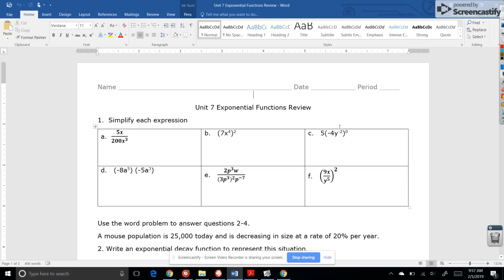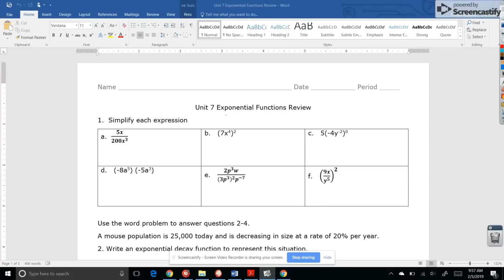Hi everybody, this is the Unit 7 Exponential Functions review, and we're going to start off with a review of just exponents. So in this first section, we are going to simplify each expression. What that means is we want to reduce or simplify all of our coefficients, and I should only see